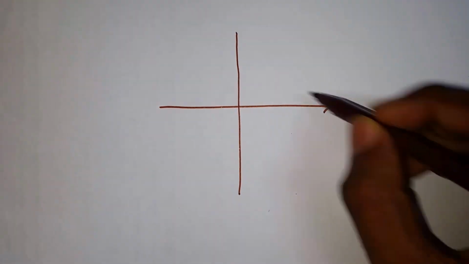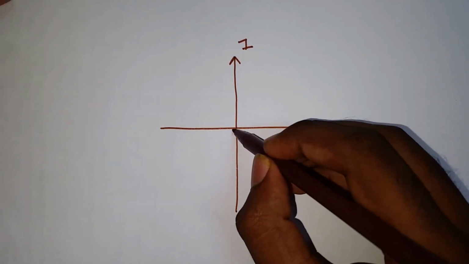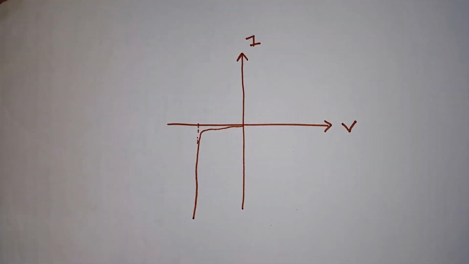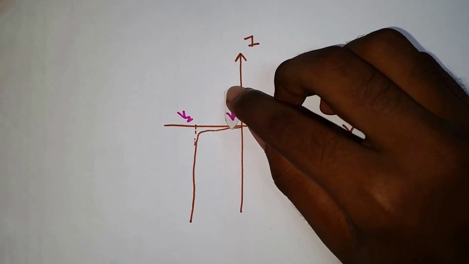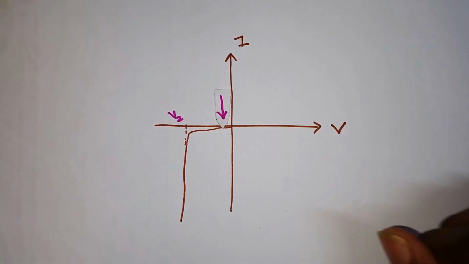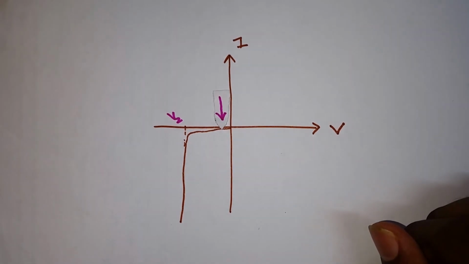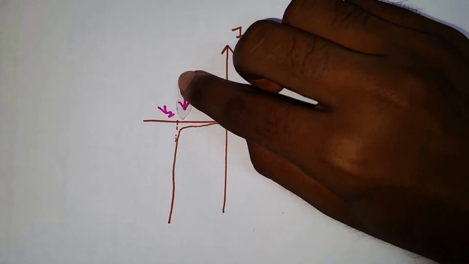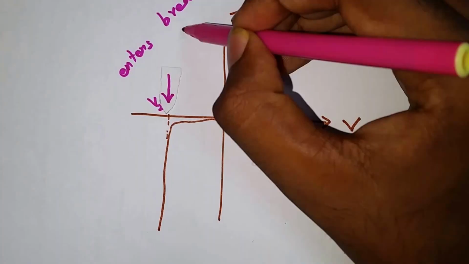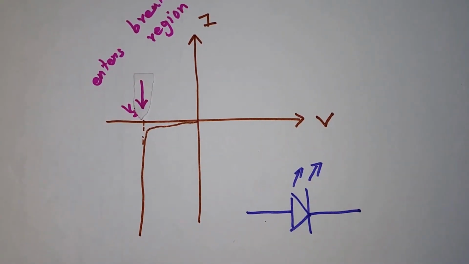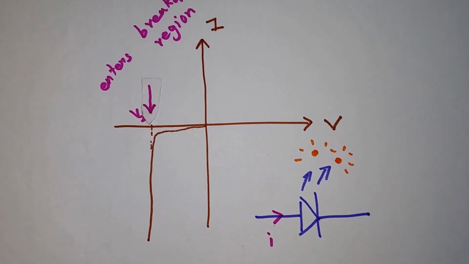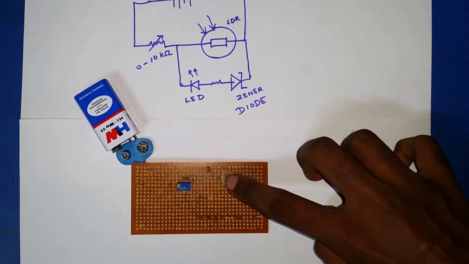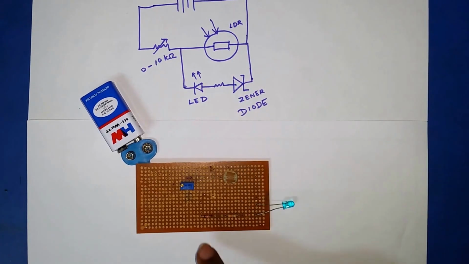Since the Zener diode is connected parallel to the LDR, as the potential across the LDR changes, so does the voltage drop across the Zener diode. Initially, when light intensity is high, the voltage drop across the Zener is very low, but as light intensity falls, as it happens during power cuts, the Zener's voltage moves slowly to the Zener breakdown voltage and enters the breakdown region. This results in the LED emitting photons, which we perceive as light, because of the current that is now flowing through the LED. This is the LDR, and this is the Zener diode.